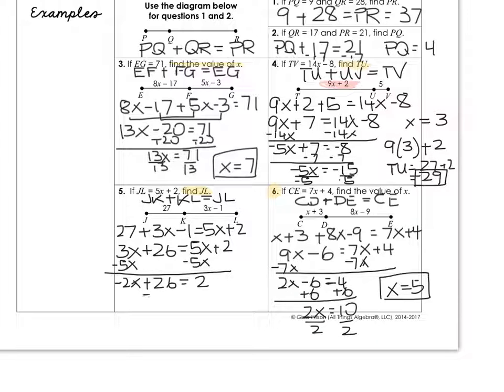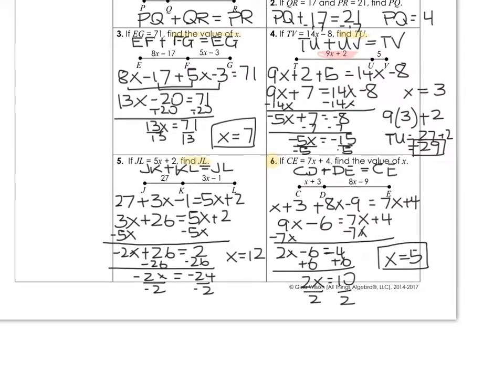Then subtract 26, and divide by negative 2. So you get x equals 12. But again, that's not what it's asking for. It's asking for